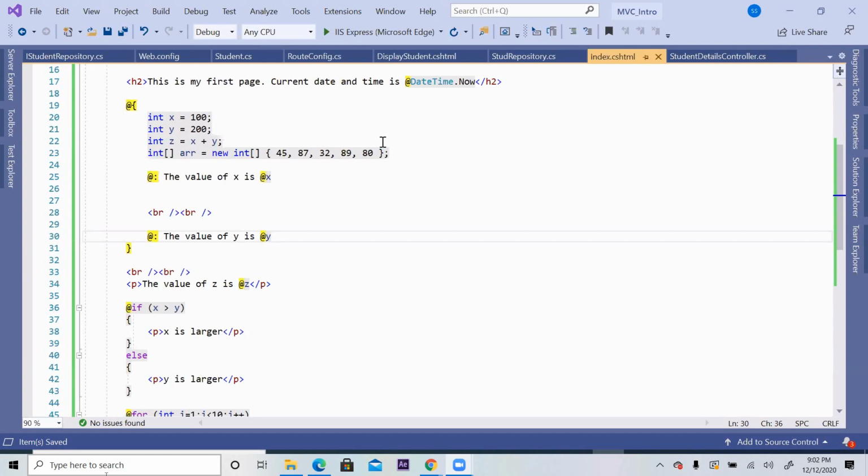Insert, update, delete, all small operations you will be confident about. Then if I give you some real-time example also, you will be capable of managing to do it. But now you focus on the small practice, like how to use Razor syntax, how to use HTML helper, how to use auto-generated view. This kind of thing today's practice will be focused on. Okay. CRUD operation, whenever I did, you will leave it.